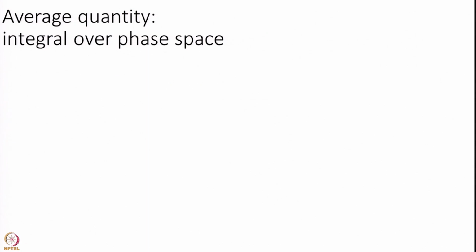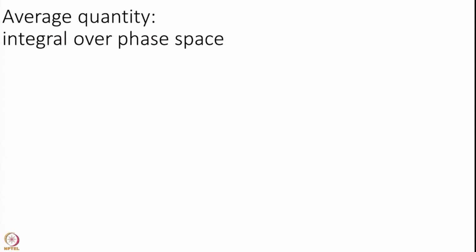So, now we will look at, if I have this rho equilibrium, what do I do with it? Can I comment on something useful out of this rho equilibrium? And the answer is, to calculate any useful property you always average over phase space. Again, I do not care about where each particle is. I also usually do not care about a property at a given point in phase space. I want to calculate an average quantity, like temperature.